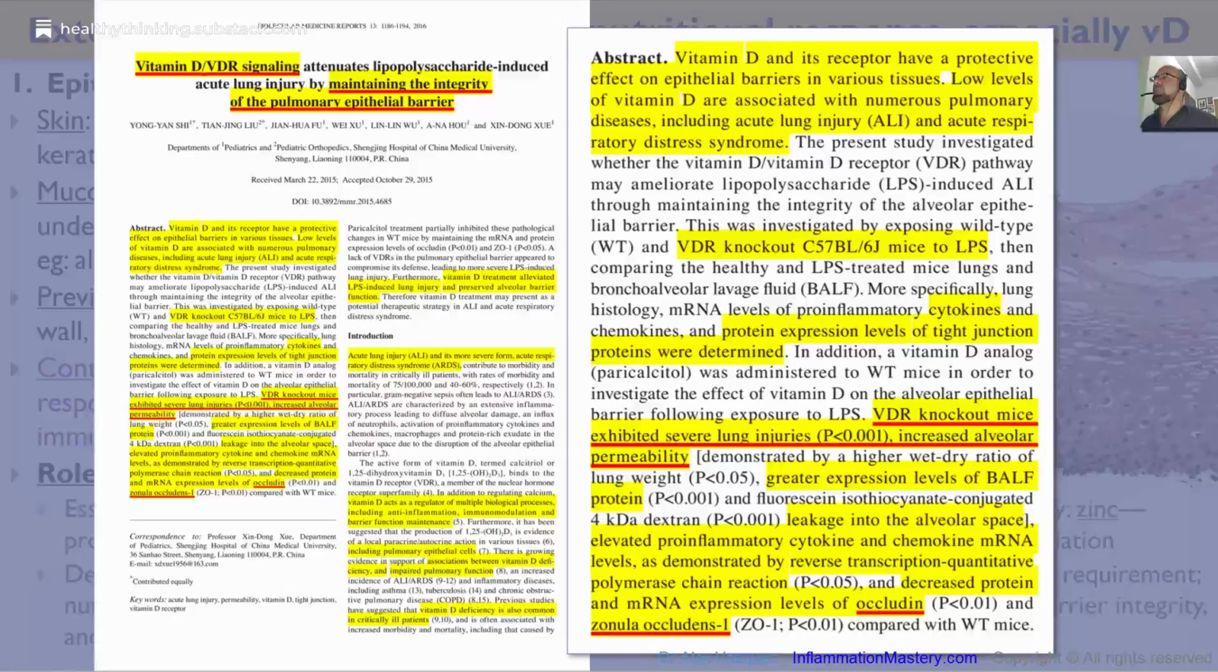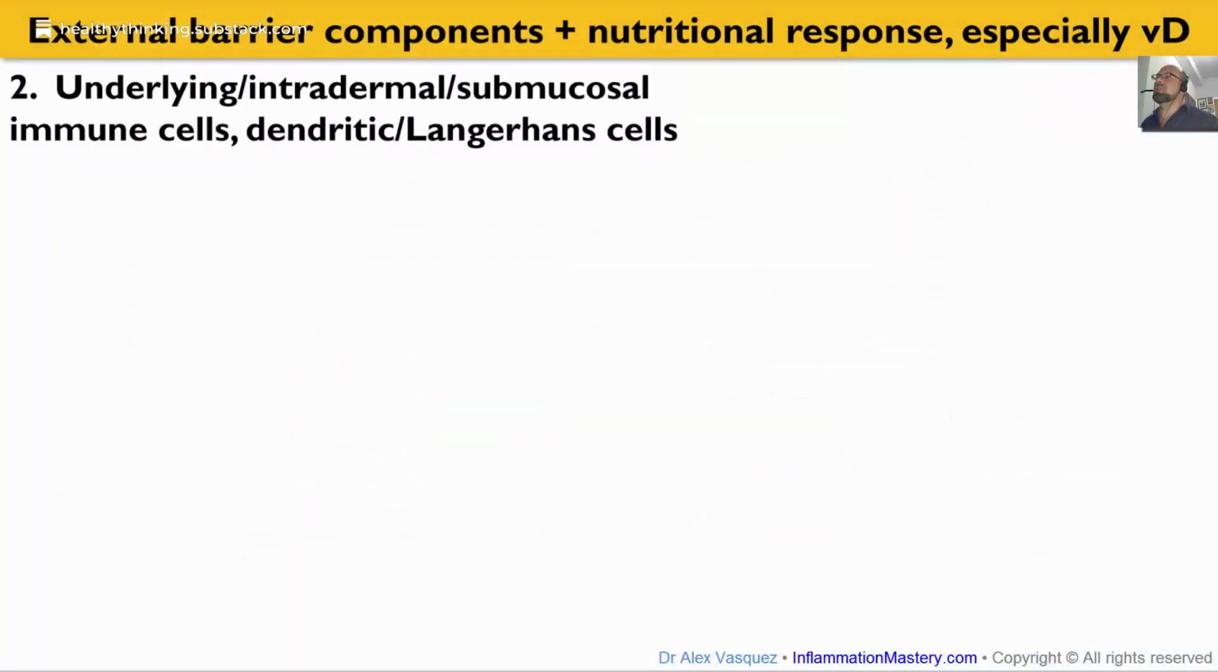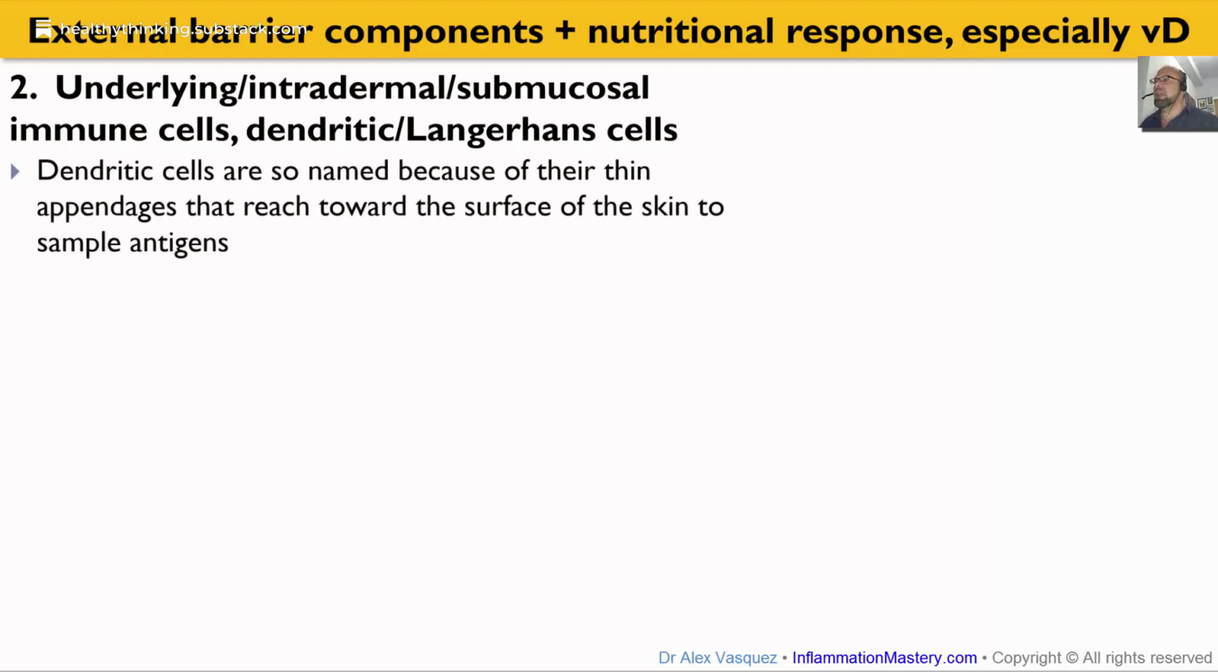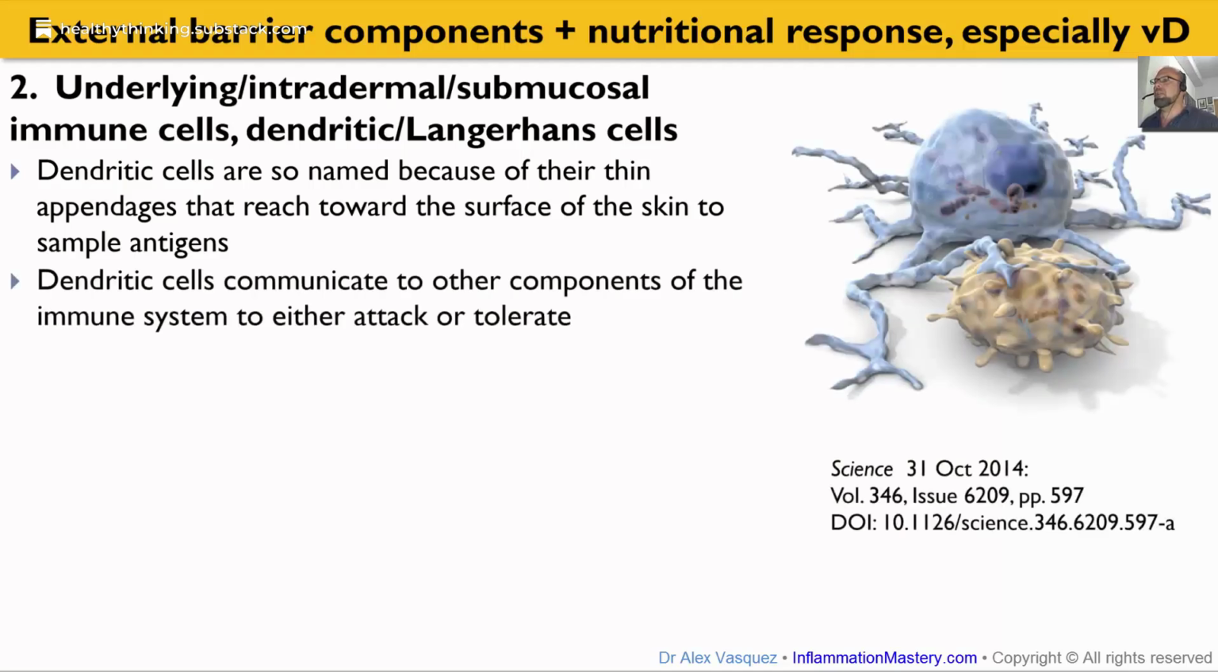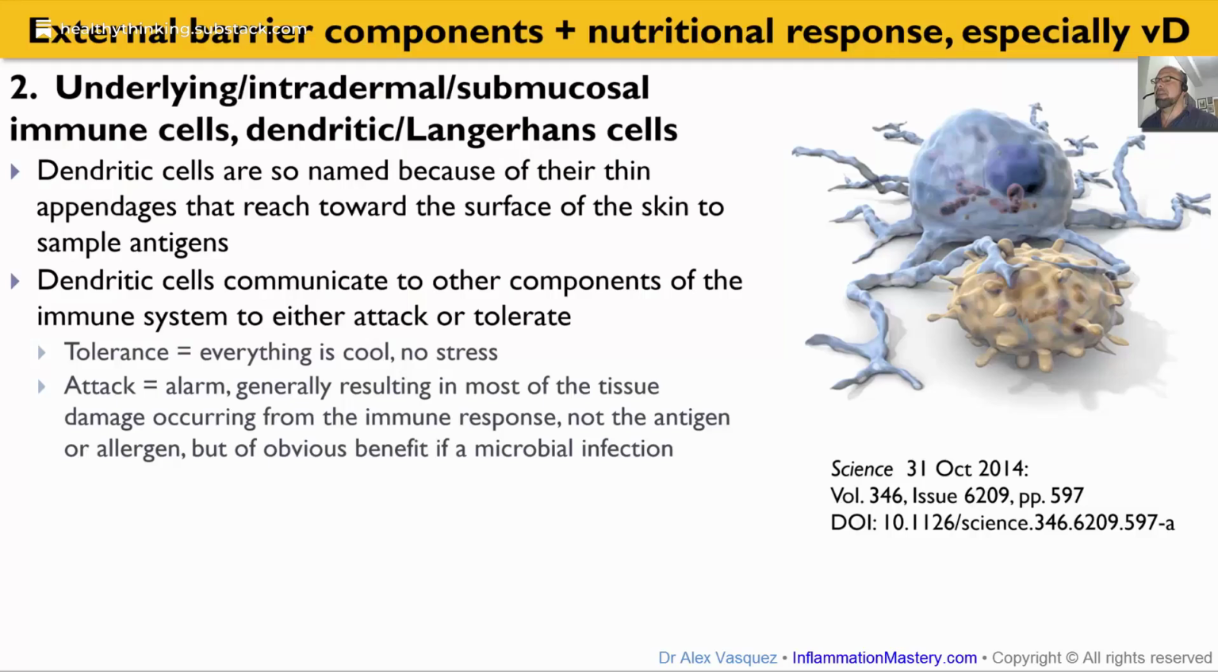So now let's look at another component, which is the underlying or intradermal or submucosal immune cells, especially dendritic or Langerhans cells. Dendritic cells are so named because of their thin appendages which reach toward the surface of the skin or the mucosa to sample antigens. Dendritic cells communicate to other components of the immune system to either promote attack or inflammation or tolerance. So with tolerance, everything is cool, no stress, no inflammation, and the reverse is true if the signal is sent